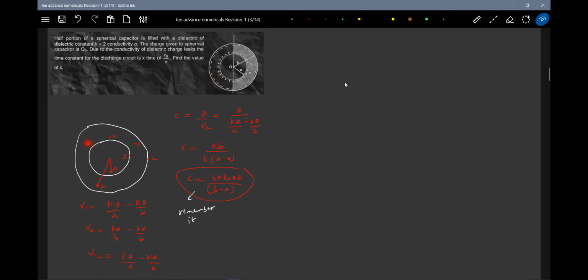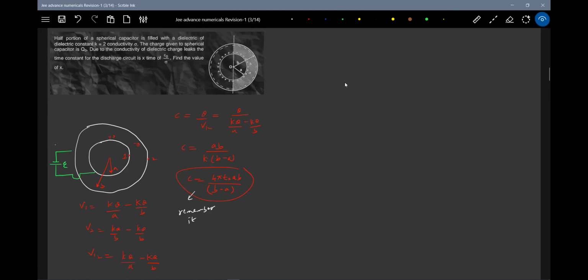Here one electric field will come, here one electric field will come. Then the charge will get divided. So if you connect a cell, the charge gets divided. So this charge, whatever comes, will get divided now. So this will become half, this will become half. So how do we get that half into the picture? That half is needed, no? Half of the capacitance.